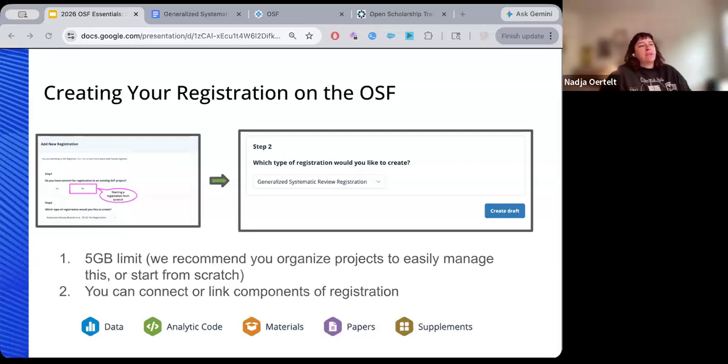Just one note, and you can dive much deeper into this in our help guides as well as our self-paced training that I'll talk about at the end of the webinar. But if you want to submit your registration for blinded peer review, for example, you have to make sure that you don't include identifying information in the metadata or attached files or within the registration itself. And you'll use something called the embargo option. But we go into a lot more detail in that in other resources. We have limited time in this webinar.